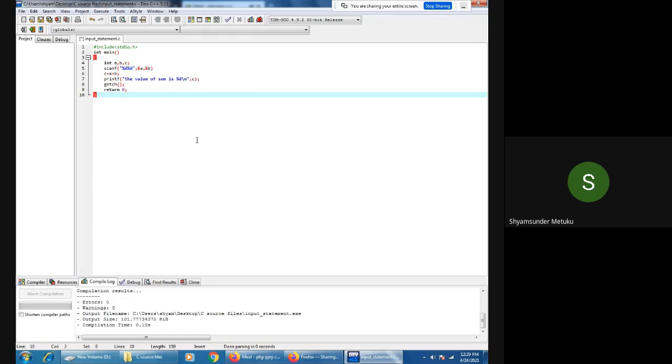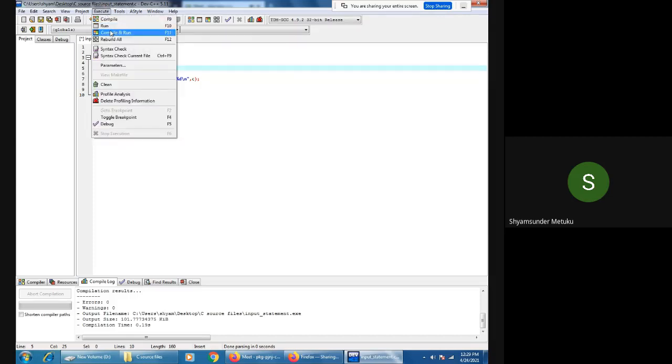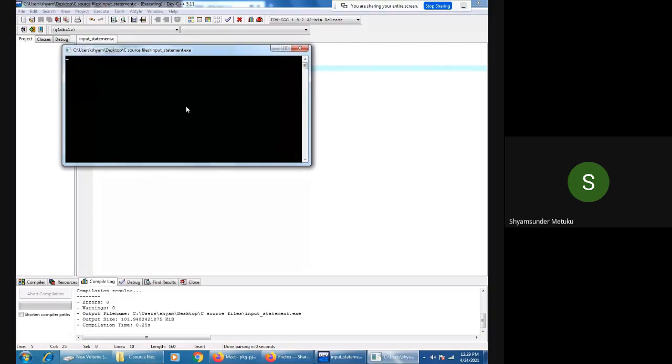So this is slightly different from what you have executed in the previous program. So let me put a semicolon here. Now you can see A and B I have not defined. I wanted to define them during the execution of the program. So that time scanf is used. That's called an input statement. So let me run this. You can see the program is unexpectedly printing nothing, and the cursor started blinking. So this is also not a correct way of writing the program.